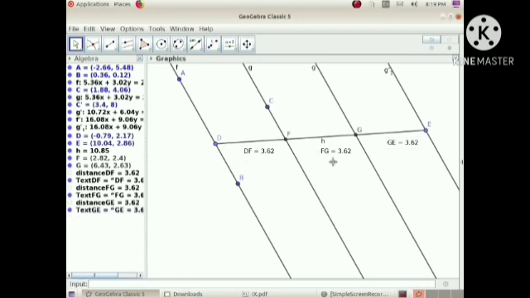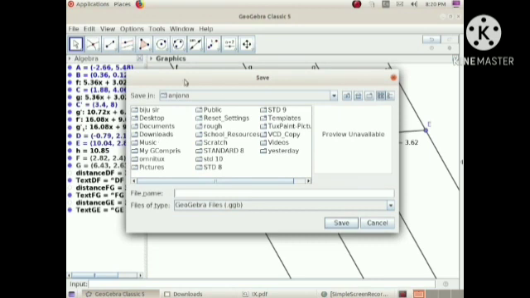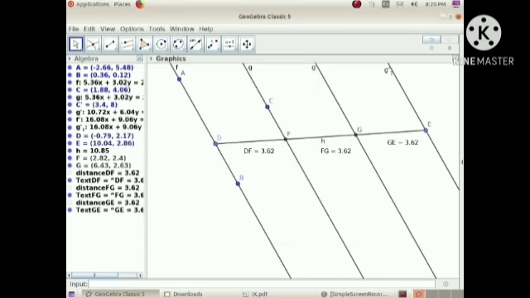Now we can save this file. Click on the File menu and take the option Save. Okay, we will get a new window. Here I am selecting desktop as the location. Give the file name here. Here I am giving the file name GeoGebra for saving this file. Note the file extension, GGB. Look, the file extension of a GeoGebra file is GGB.